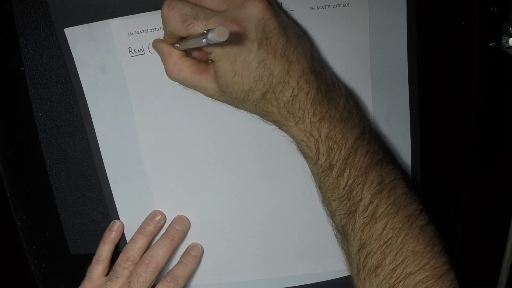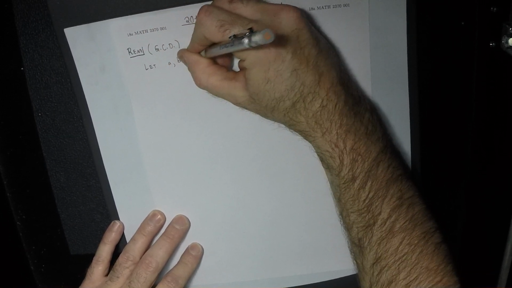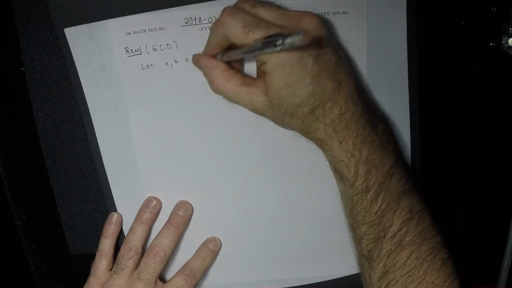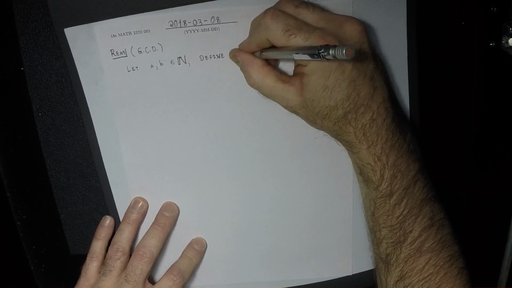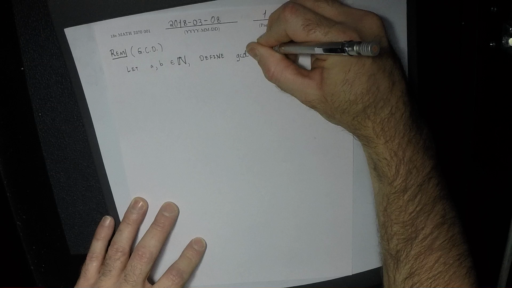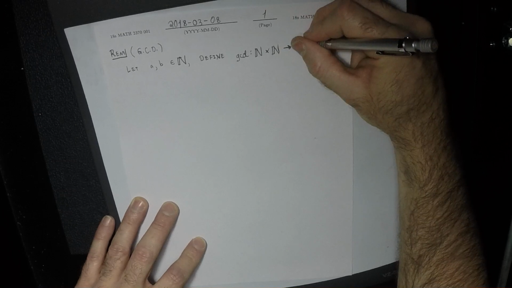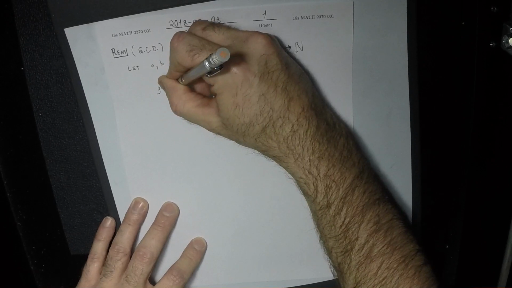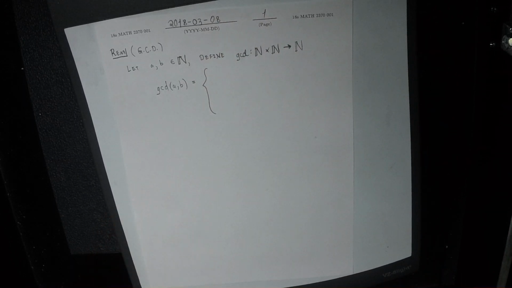So this is a function definition of GCD. Let A and B be in the naturals, and we'll define GCD from naturals cross naturals to naturals as GCD of A and B is, well,